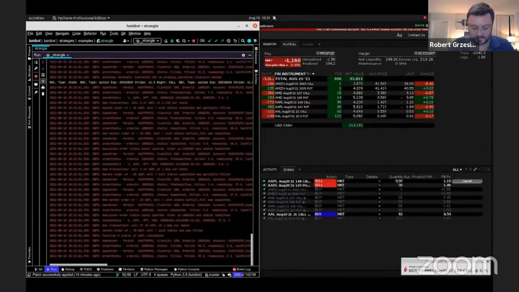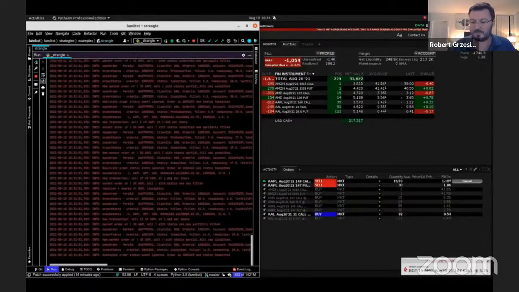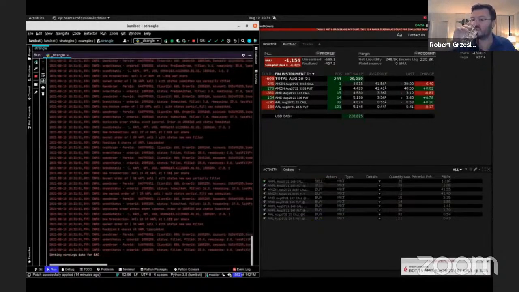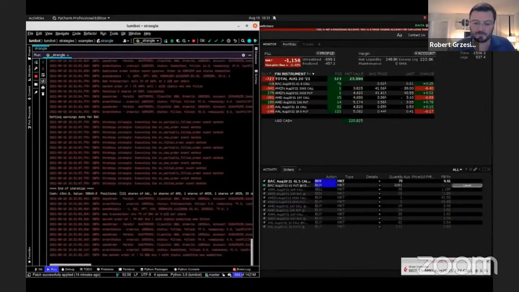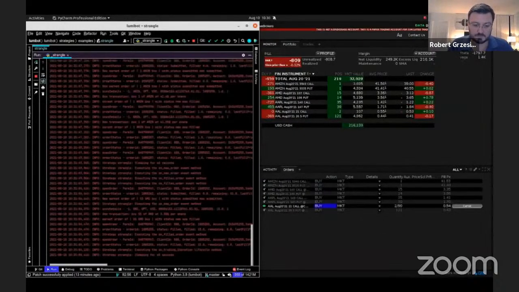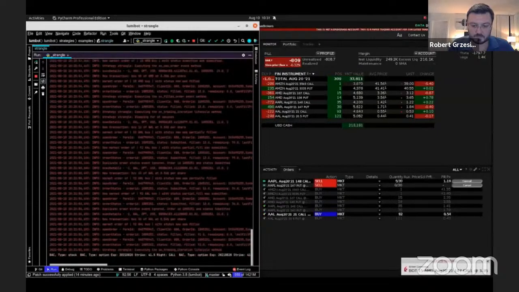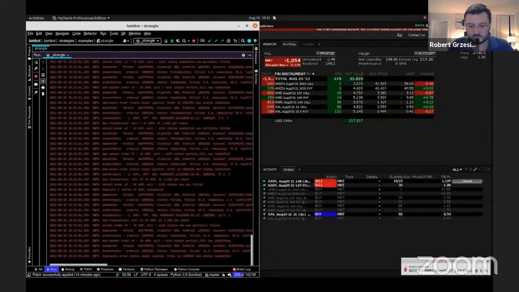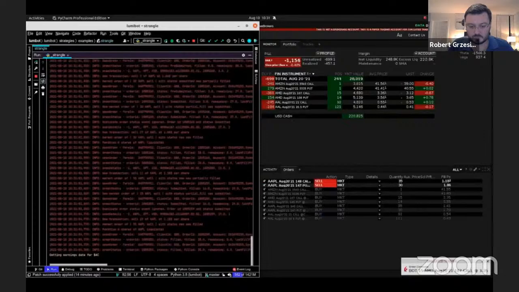Now, there would have been a bit of a time lag in there. I've edited out the waiting time for the next iteration. But you can see here that it sold some positions and is buying some new positions and putting them on for the strategy. I'm going to wait one more time. I think it sells out a little bit more and reduces the number of positions here. Again, there was a bit of editing out of blank time waiting for the next iteration. But you can see it all runs smoothly and automatically.